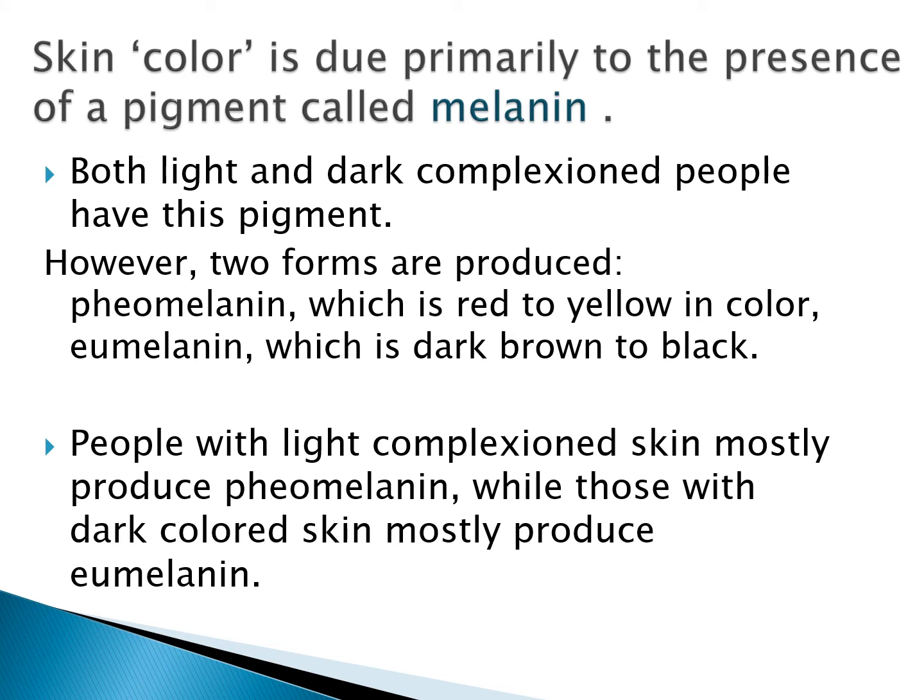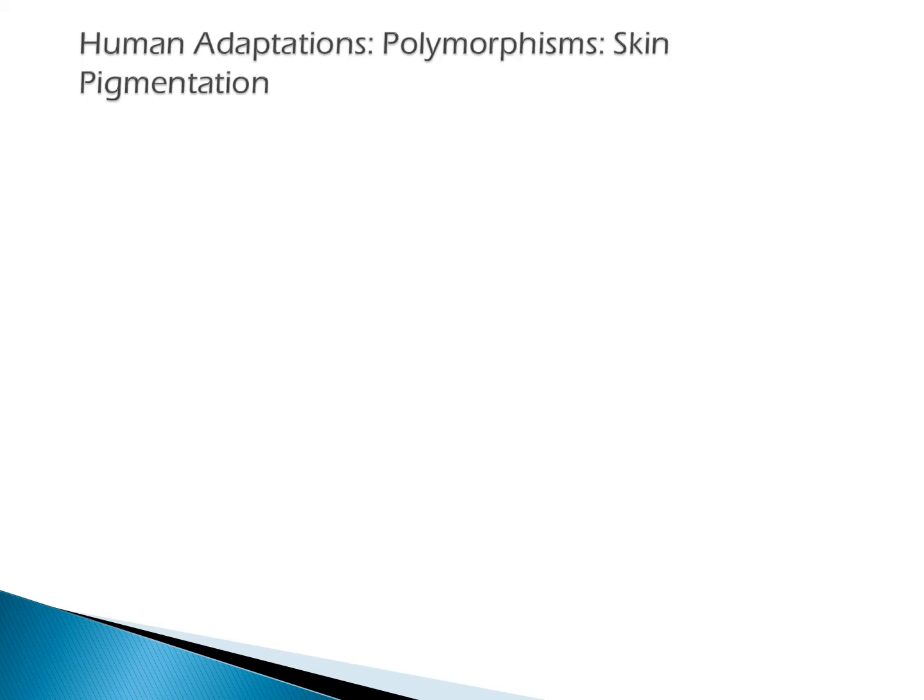People with more lightly complexioned skin are mainly going to produce more pheomelanin. Those with deeply complexioned skin or darkly pigmented skin, you can use the term socially colored. That's what most of us do. I just don't personally prefer that. I think it feeds too much into our racial stereotypes, but that's me, and other people may use it differently. So mostly eumelanin for deep.